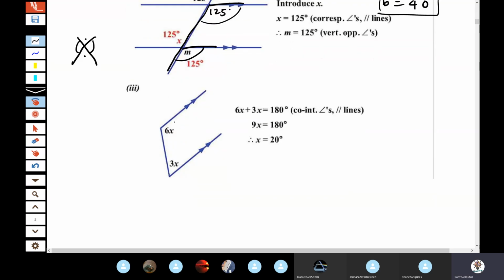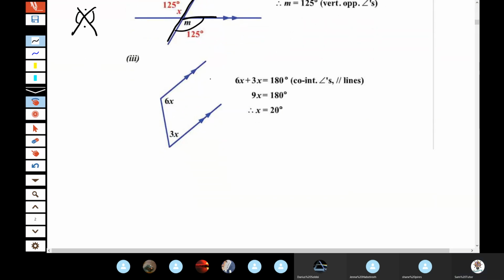Let's have a look at triple I. This one here definitely looks like a C. So that one's easy. We said the summation of the two has to be 180. So 6x plus 3x equals 180. 6x plus 3x is 9x, and then just divide by 9. If you didn't want to use co-interior, like I had said before, you don't need to use co-interior, right? What you would do